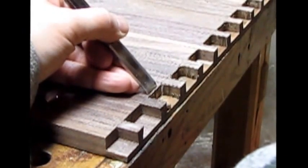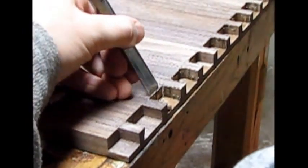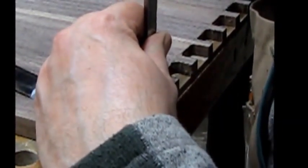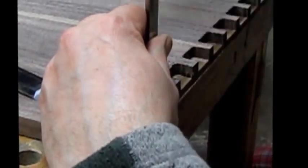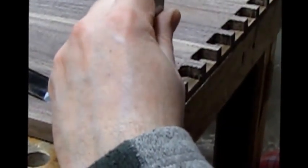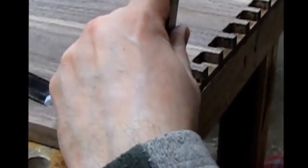And then as I'm close to the baseline, I can go with a bit wider chisel and go down. Now, one trick you can use is to look sideways like this, and you get a better sense of the squareness of your chisel, or the verticality of your chisel with respect to the board. But frankly, since you're dealing with end grain, you can undercut it a little bit. I just kind of force it, lean it in, undercut that just a little bit,